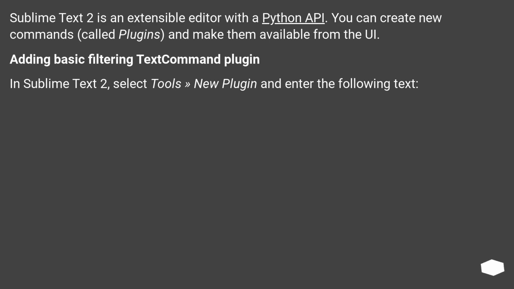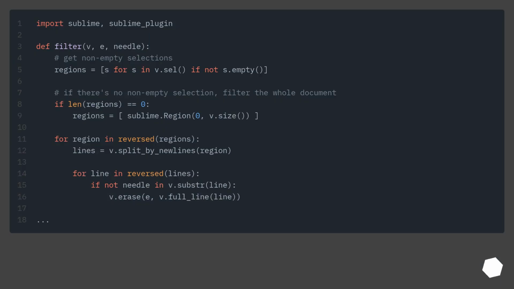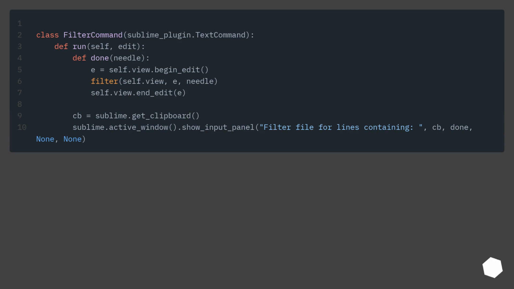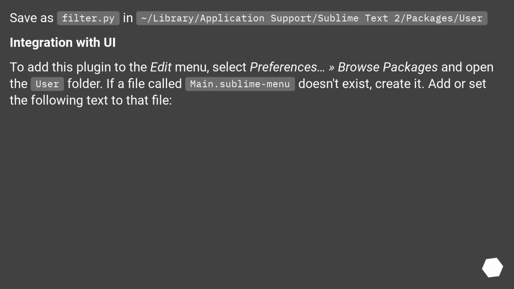In Sublime Text 2, select Tools, New Plugin, and enter the following text. Save as filter.py in